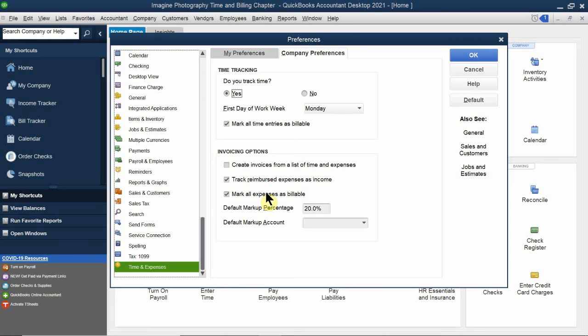All right, checked, marked. And then the next section is going to be what happens when there's a certain situation where you need to mark up your customers for any reason. And in this case, if I'm going to be making an expense, for example, if I'm paying for a service in advance and I'm going to have the customer reimburse me for it, I'm going to mark up my prices. And the standard here is going to be 20%. Now, again, depending on whatever